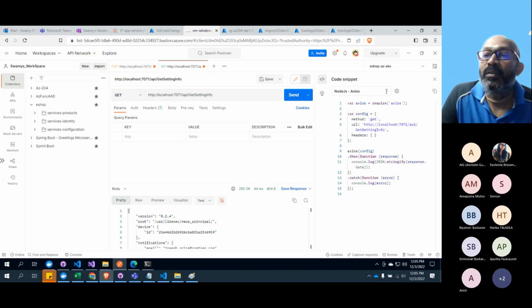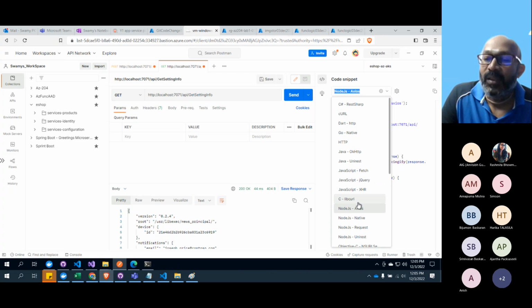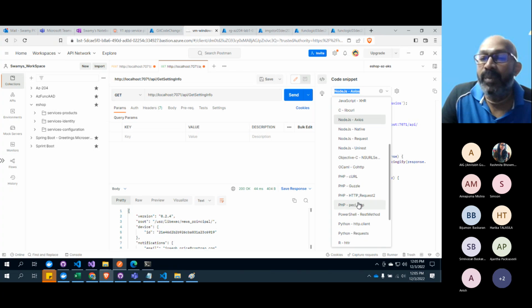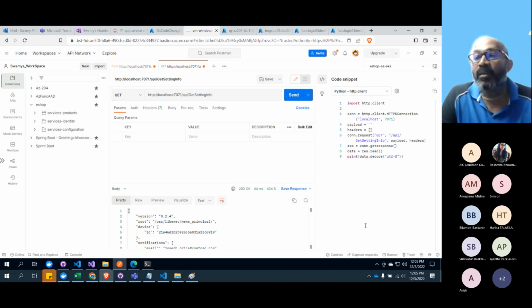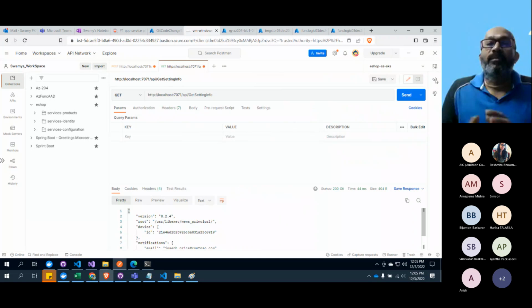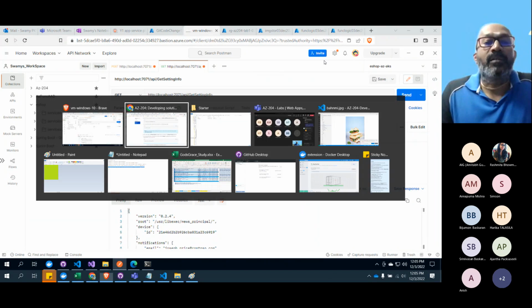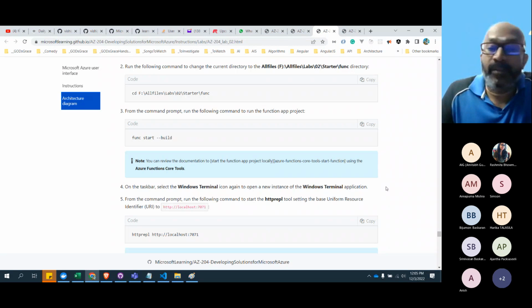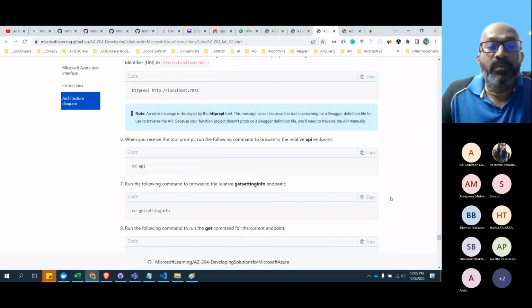There you go. You got Node.js, or you want Java or PHP or Python, whatever you want. They are supporting a lot of things. It's wonderful. OK, so now we learned something else also while walking this journey.